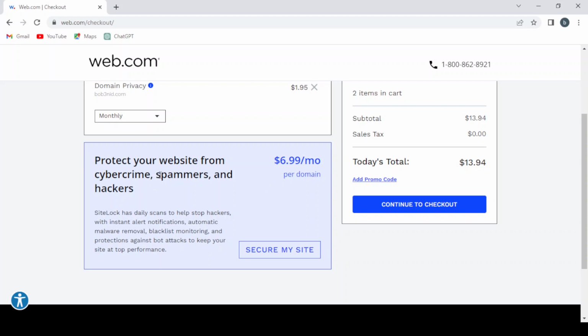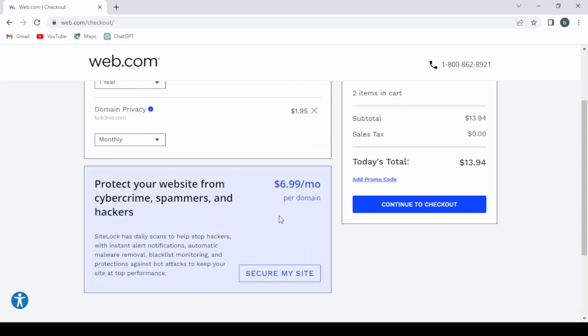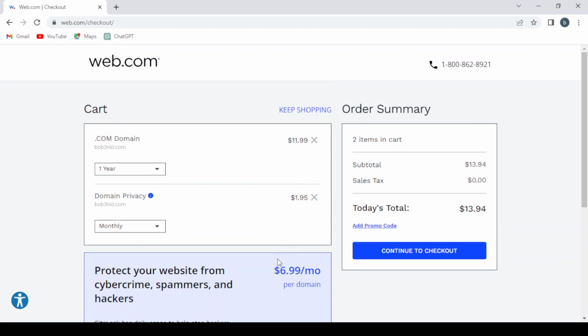And here, if you want to protect your website from cybercrime, spammers, and hackers, you can just hit secure my site, and you will have this $7 added to your final price. And then you hit continue to checkout,